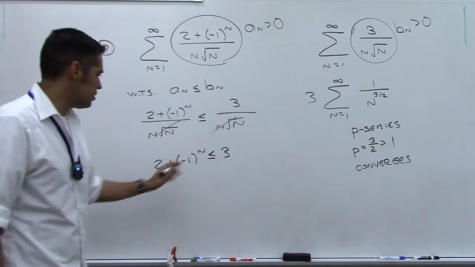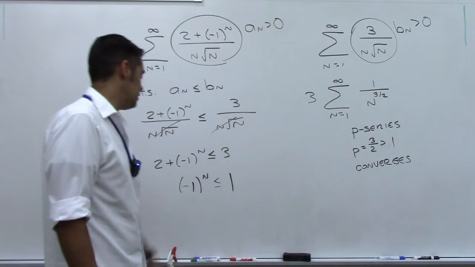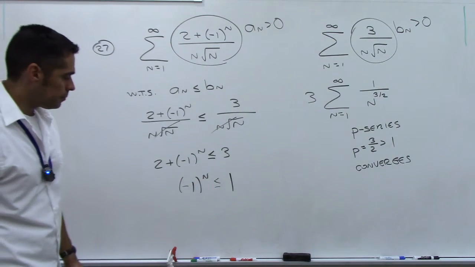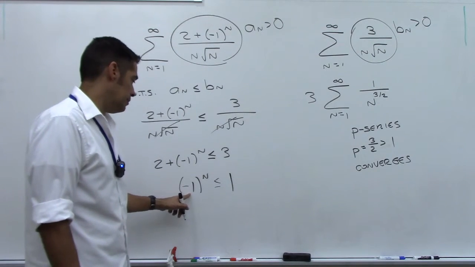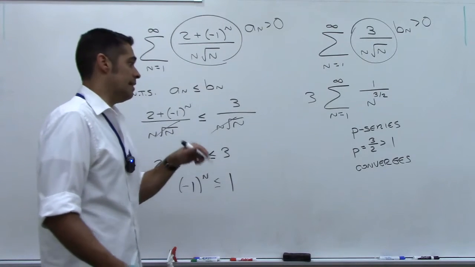Let's subtract 2 on both sides. Negative 1 to the n less than or equal to 1. You agree with that? This is either a 1 or a negative 1. If it's negative 1, it's definitely less than or equal to 1. If it's 1, it's definitely less than or equal to 1. So